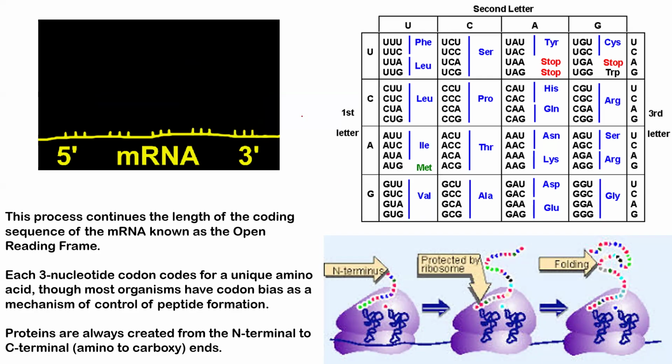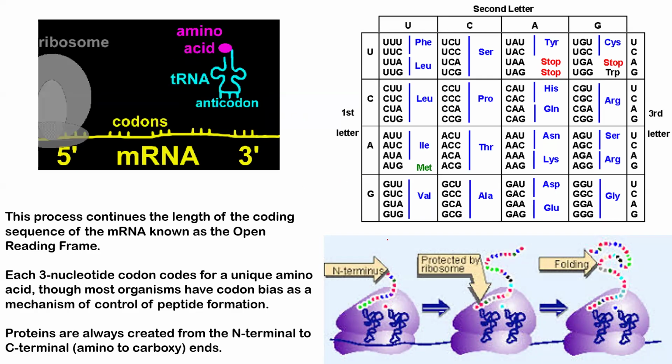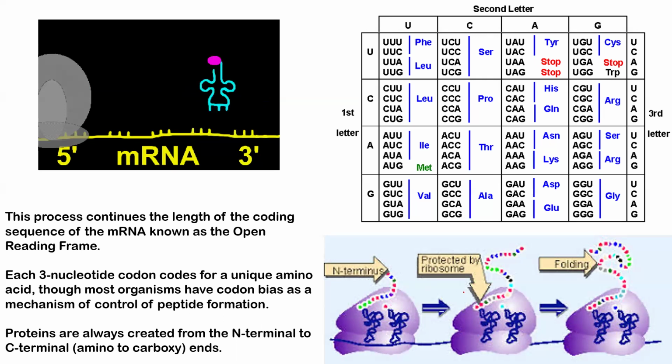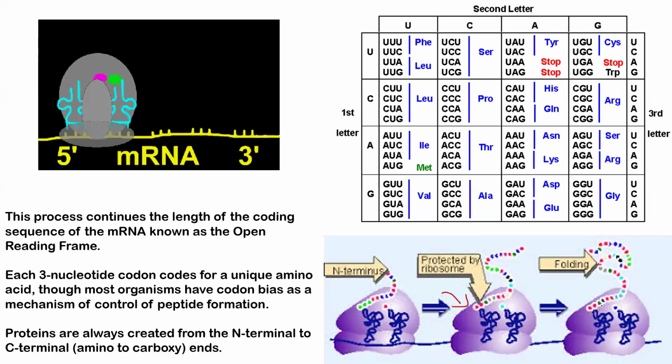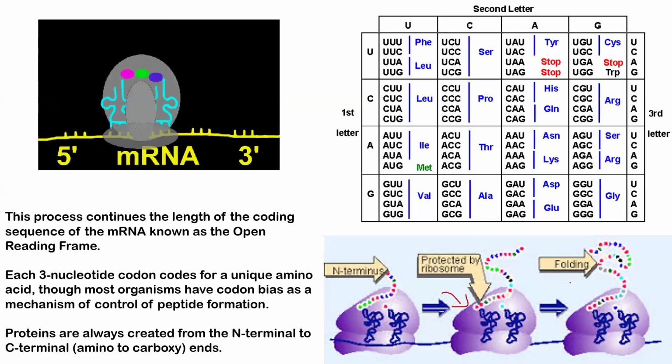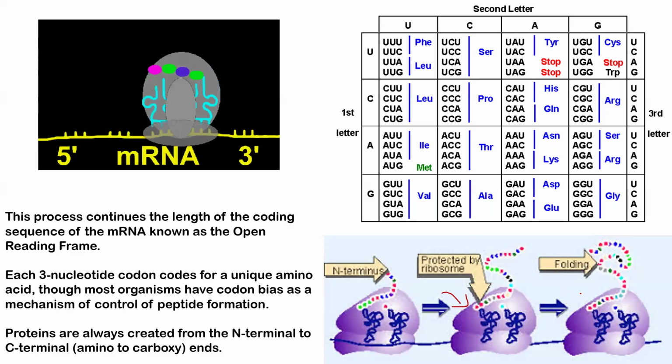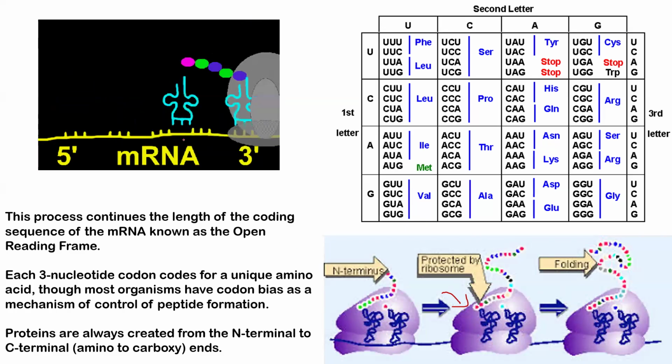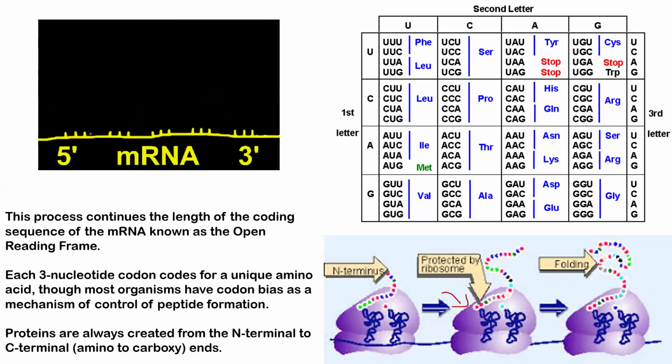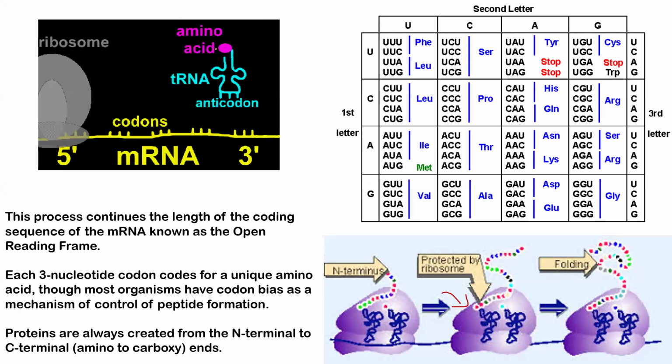Again, as the mRNA is read through by the ribosome, the ribosome is moving over a portion of the mRNA and reading the mRNA in the aminoacyl site to link a codon with an anticodon,